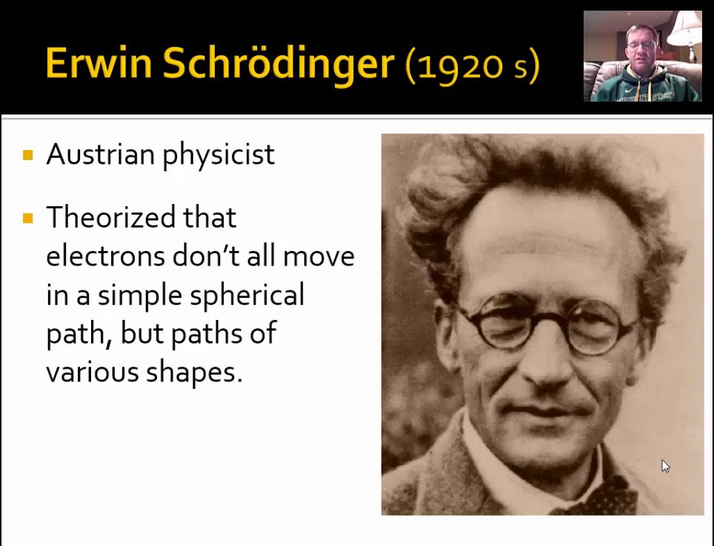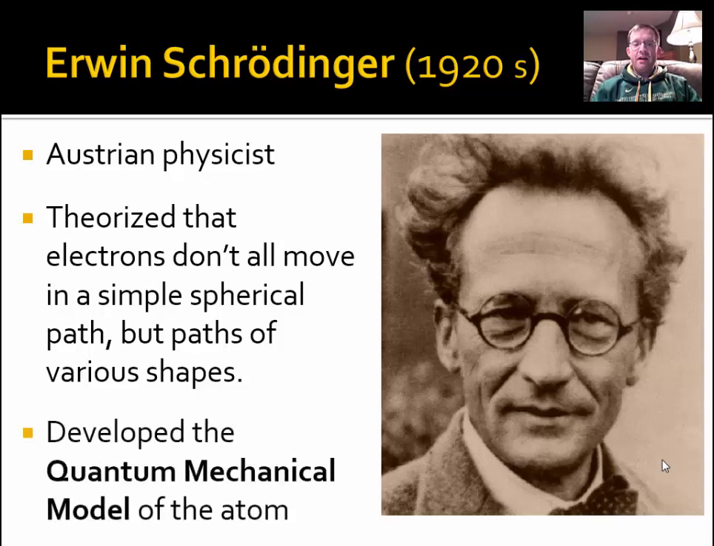What Schrodinger and his team believed is that electrons don't just move in these simple spherical orbits around the nucleus, like the Bohr model would say, but that those electrons are moving often in various shapes, some of them very complicated. And what he came up with then is what we call the quantum mechanical model of the atom,